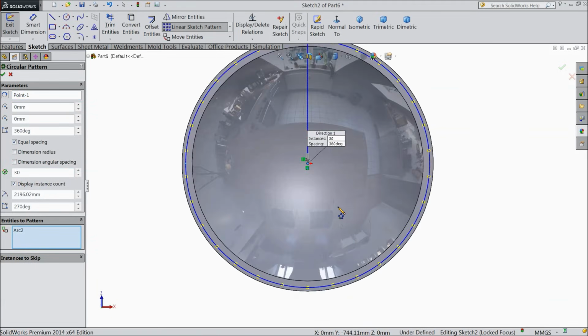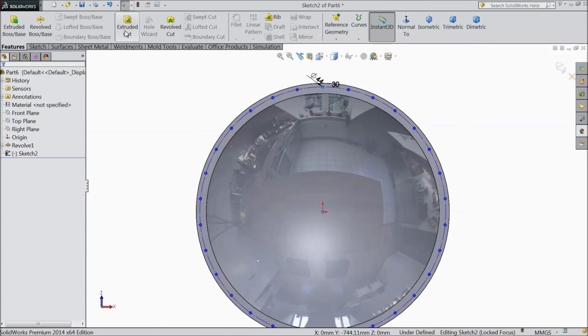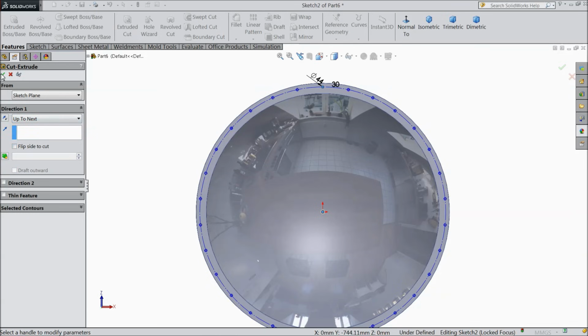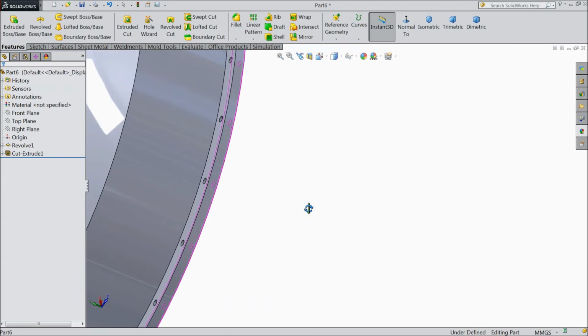So select 30. See, the holes are created. Select OK and select extruded cut and choose here mid plane, up to next. Select OK. Now you can see the holes are created.